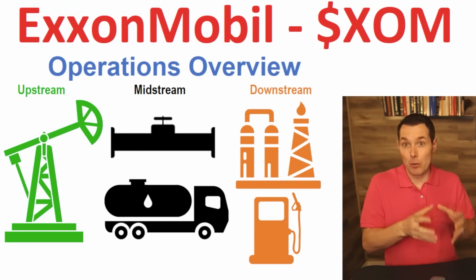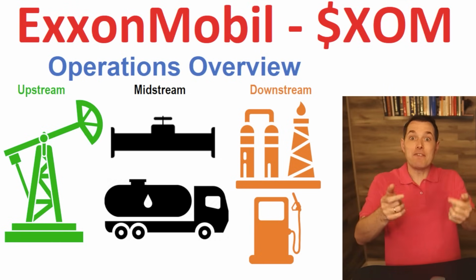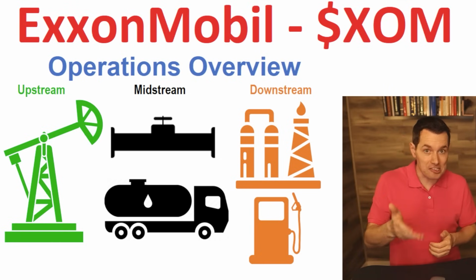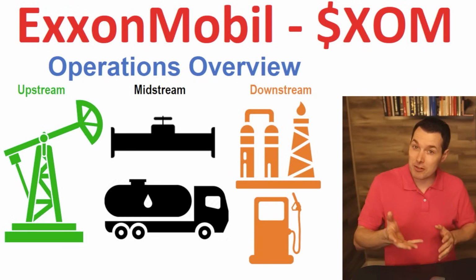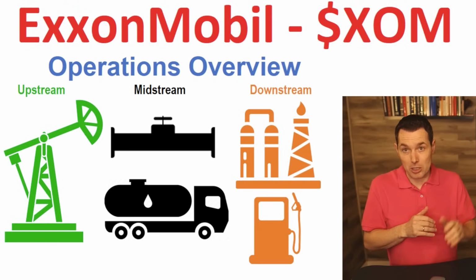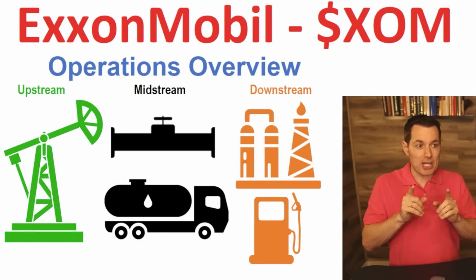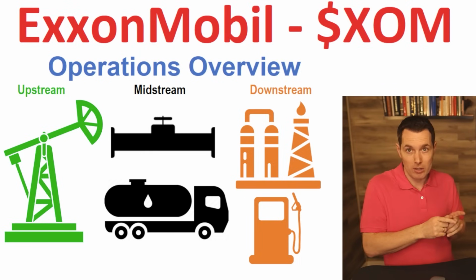They convert that oil into gasoline. They refine it into gasoline. That means that the feedstock for them, the expense there, is oil. So with rising oil prices, that in theory is a higher expense. But the price of gasoline also goes up. The difference between what it costs them for oil and what they can sell it for is something known